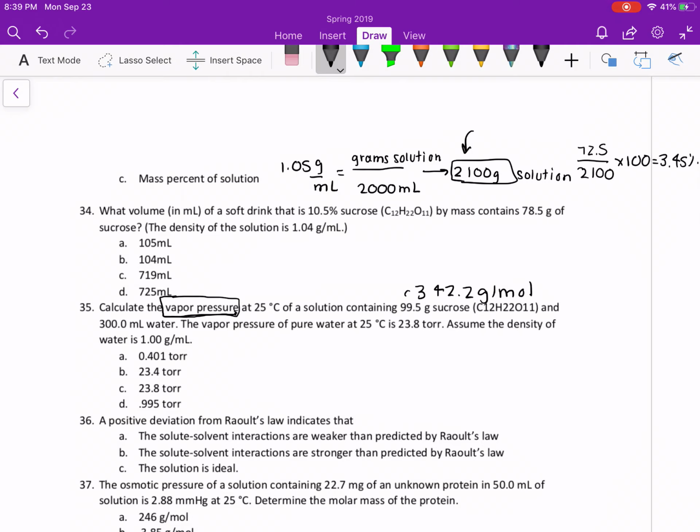What I need to do first is convert this into grams, which is nice because it's just 1 gram per milliliter. So 300 milliliters of water is also equal to 300 grams of water. Then I need to convert the sucrose to moles, which is going to be 99.5 grams over 1 mole, 342.2. So when you do that, you should be left with